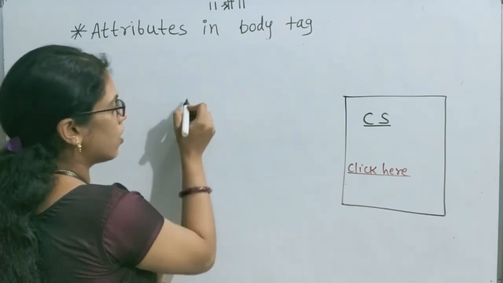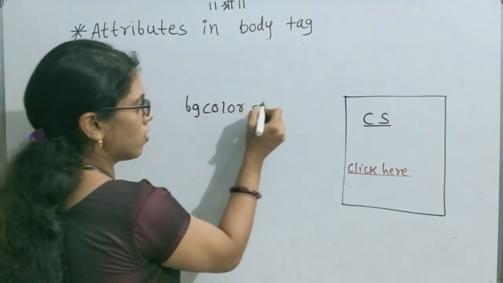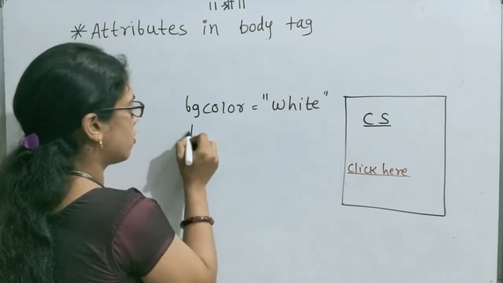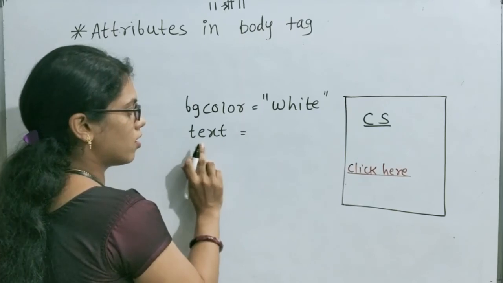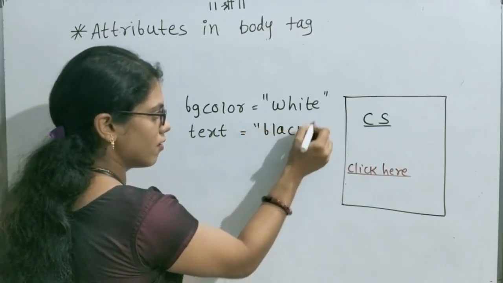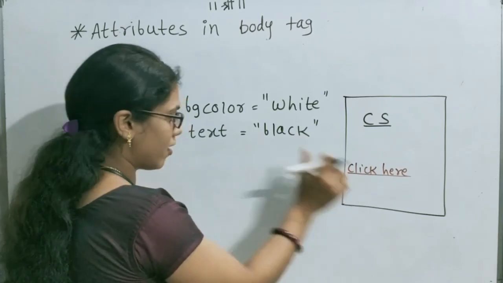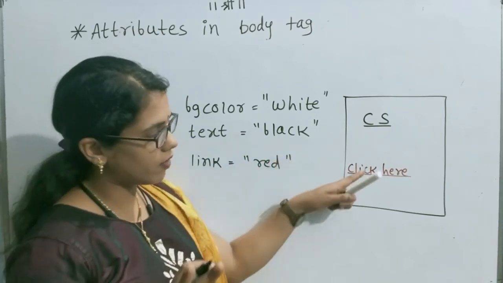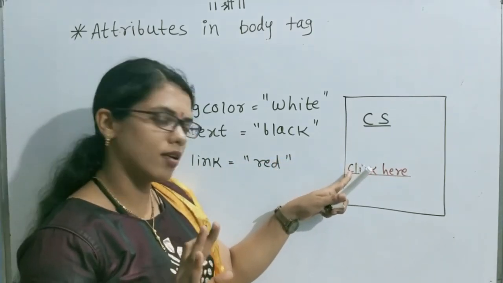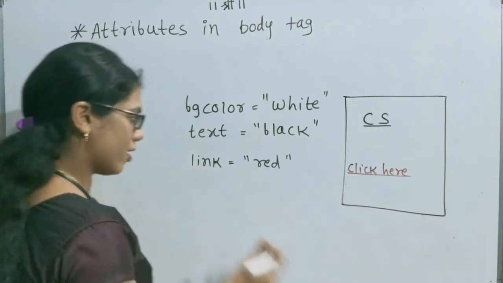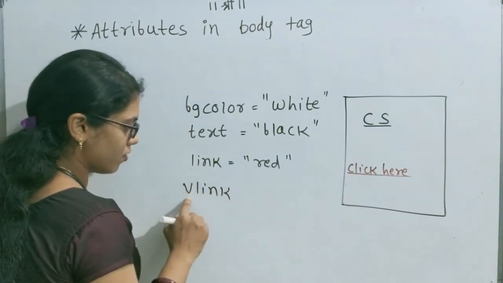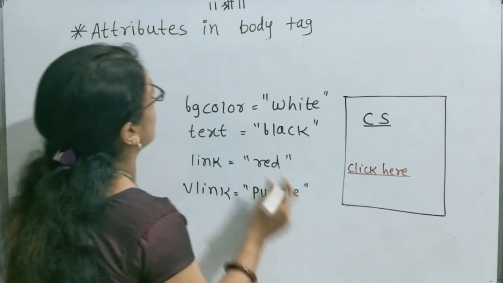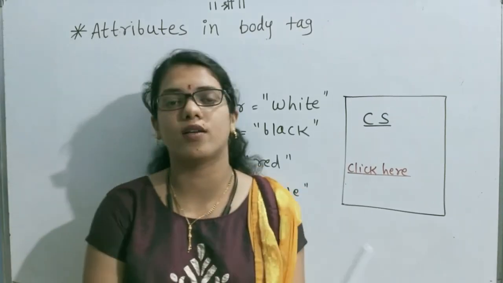For this output, our bgcolor is equal to white. For the black color of text, the text attribute is equal to black. For the link in red color, the link attribute is equal to red. And just consider when we click on that click here link, red color is changed into black color. So again vlink, visited link, is equal to purple. Finally, our concept of attributes in the body tag is